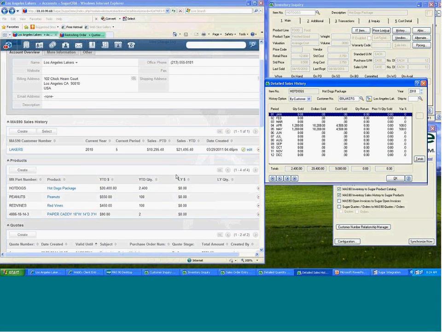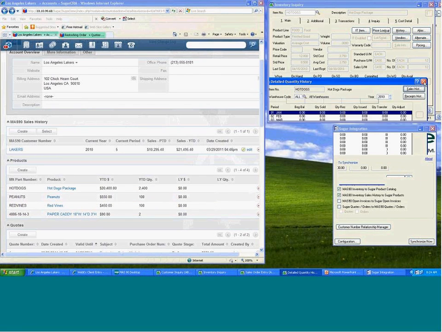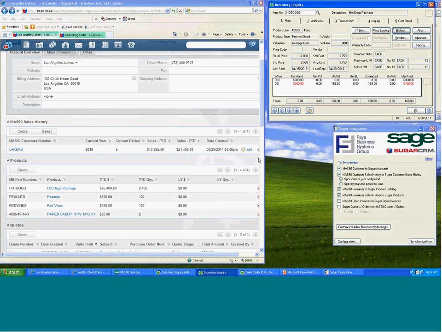And we found this to be a great tool for salespeople. They can pull up any account in Sugar and easily see exactly what that customer is buying this year, last year, quantities, dollars. It's sorted into descending order, so you can see what are the hot products. You can see products maybe they bought a lot of last year but haven't bought so much of this year. As I said, it's our favorite part of this integration because it really adds some value in Sugar and shows you some great information. The next point of integration is taking MAS 90 open invoices and moving them to Sugar